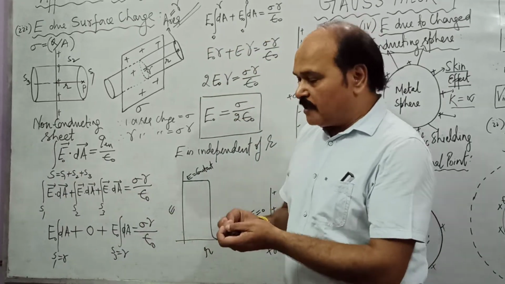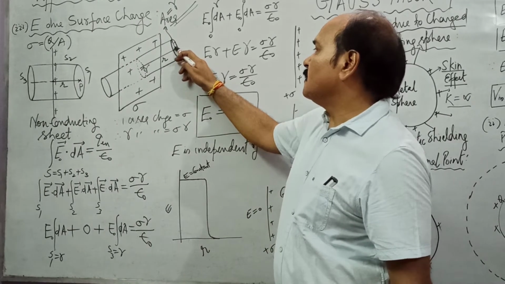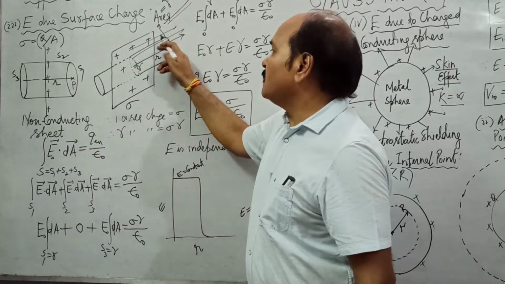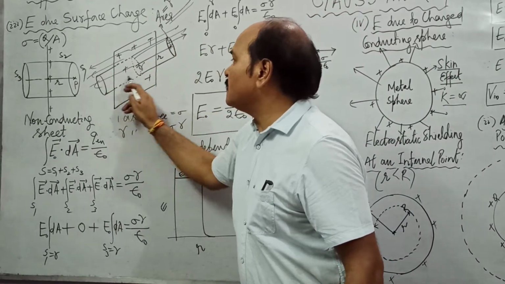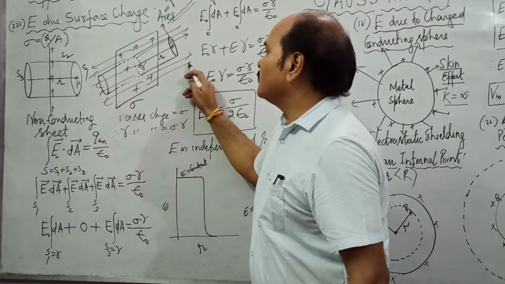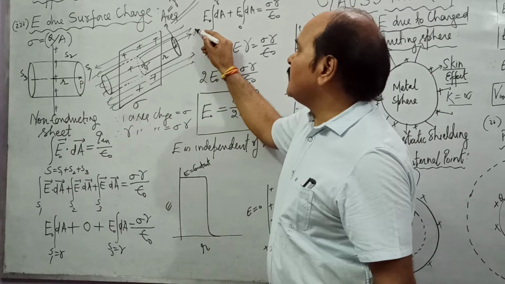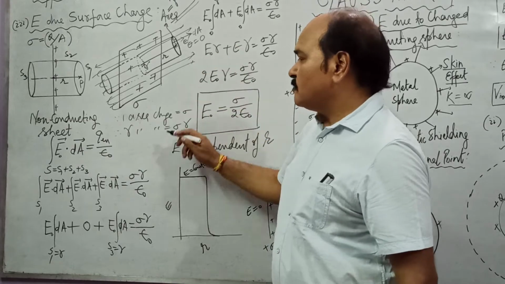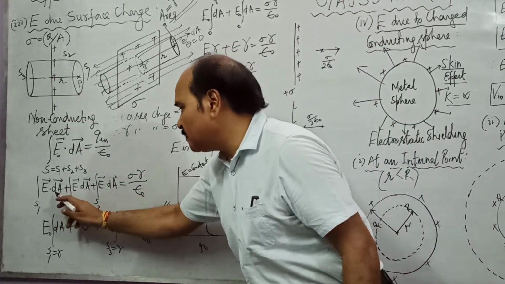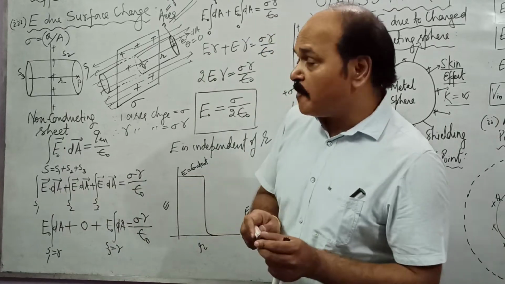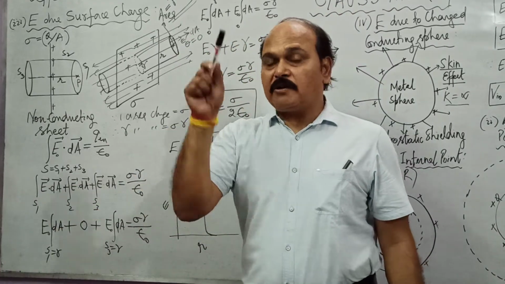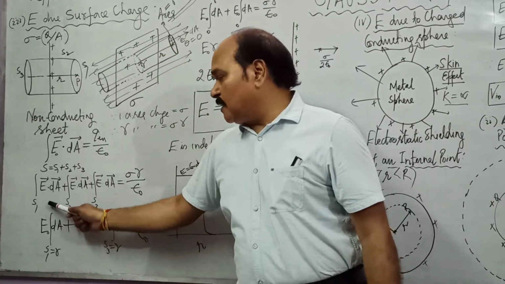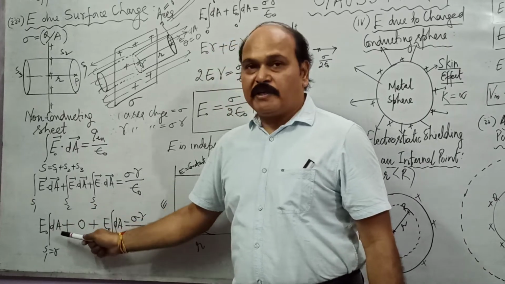Over surface S1, if we take a very small area here, dA, its direction would be normal to its plane, and electric lines of force due to surface charge. We know that electric lines of force due to surface charge are always normal to the surface. This distribution we know. So here, this is the area vector, electric field is also going to be in the same direction, and angle between them is going to be 0. So E dot dA would be what? E dA cos 0. Cos 0 is 1. Since E is going to be the same all over this surface, therefore E comes out of the sign of integration, and we are left with integration of dA.